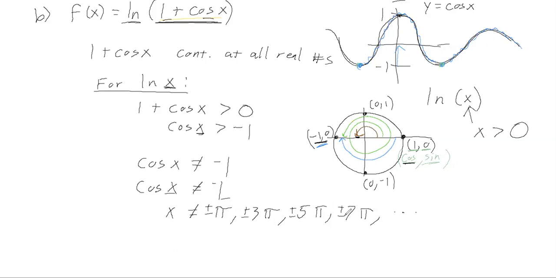Okay, so what is it asking for? If we go back and look at the original directions we had written on the board earlier, where is this function continuous? The inside was continuous at all real numbers, but the outside, I have to be careful. So the outside is continuous at all real numbers except these right here. So I can say f of x is continuous at all real numbers,